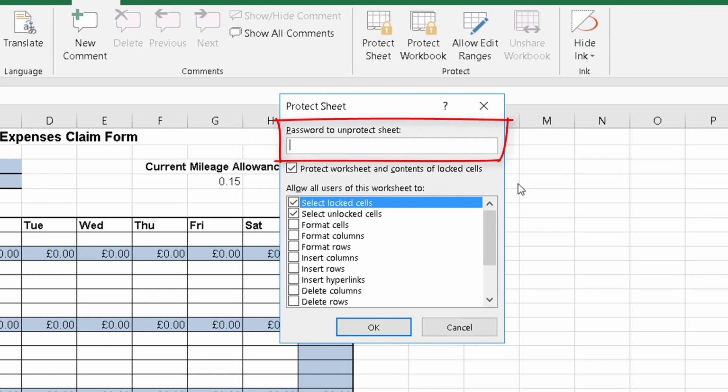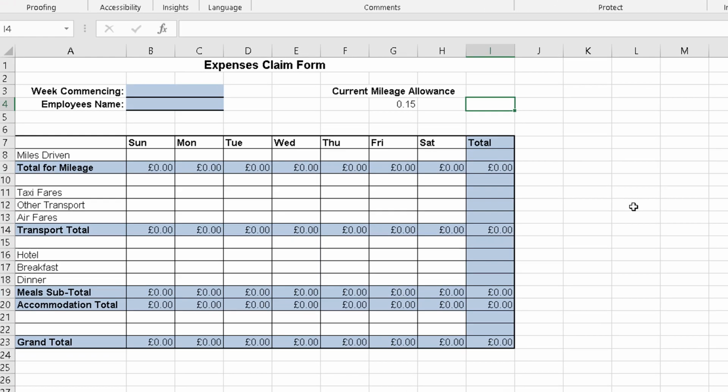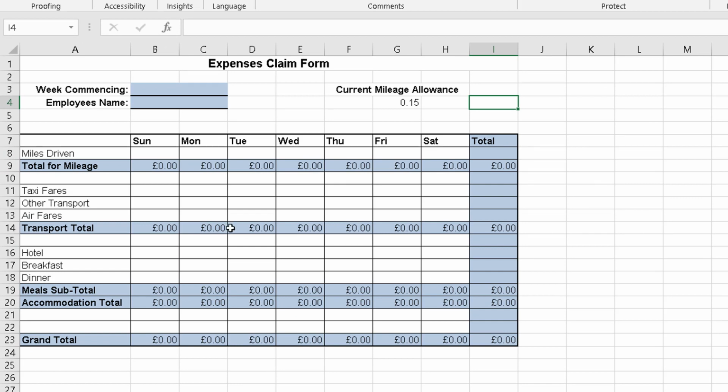Now you'll notice it's asking us to enter a password so that if anyone attempts to remove the protection they would have to know the password. Remember, if you put a password in, it is case sensitive. For this exercise we'll leave the password. We just click OK,